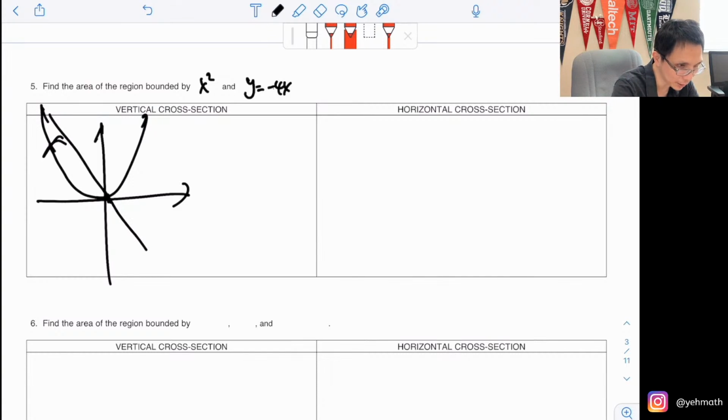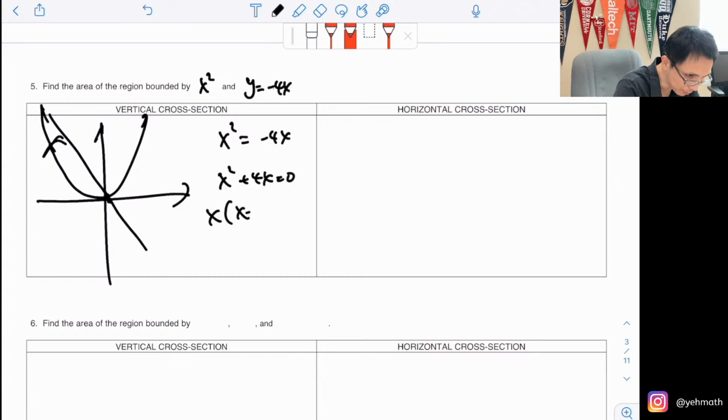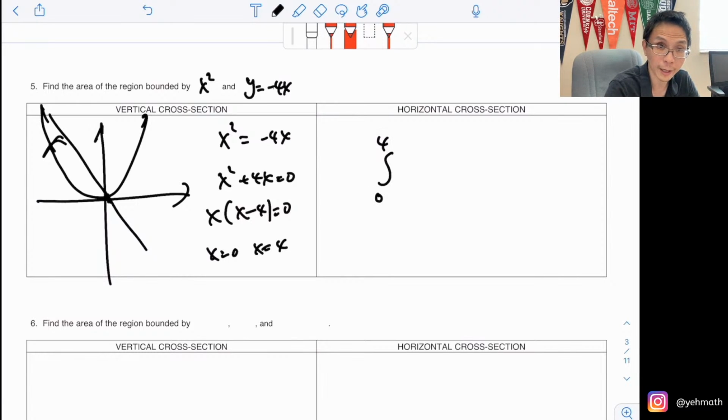And sometimes they are going to intersect each other. So x squared plus 4x, x equal to 0, x minus 4. So x equal to 0, x equal to 4. So this one is 0 to 4, and I'll do it